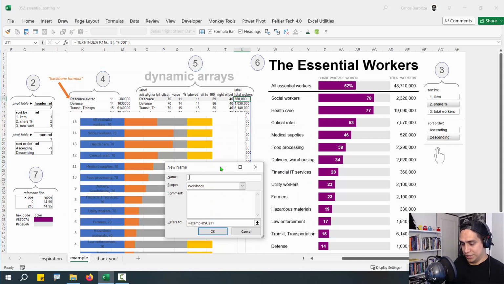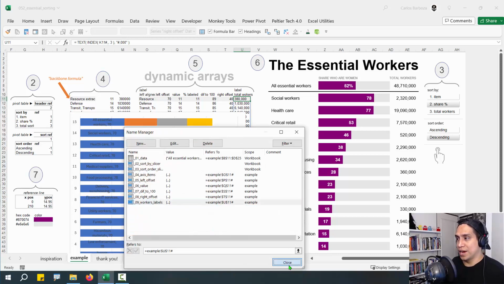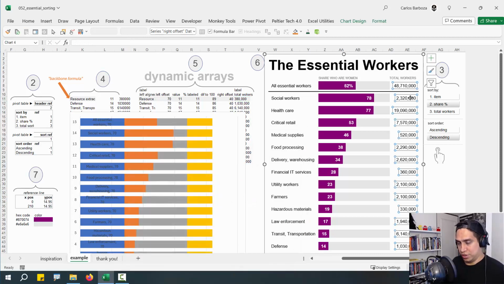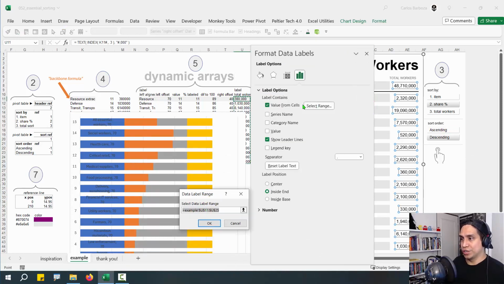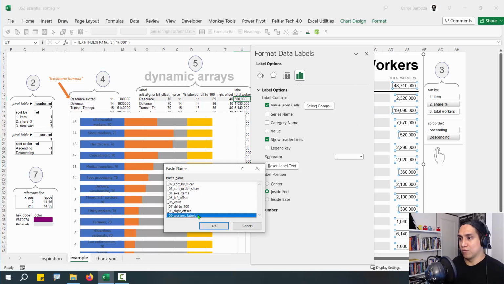So you can see something here, worker labels, and then example, and then hashtag for that, and that's it. I already have 9. Now click on these labels, Control 1, select range, delete this, F3, and then worker labels,